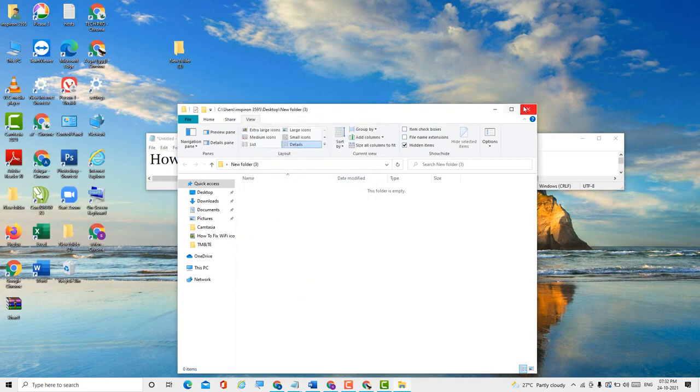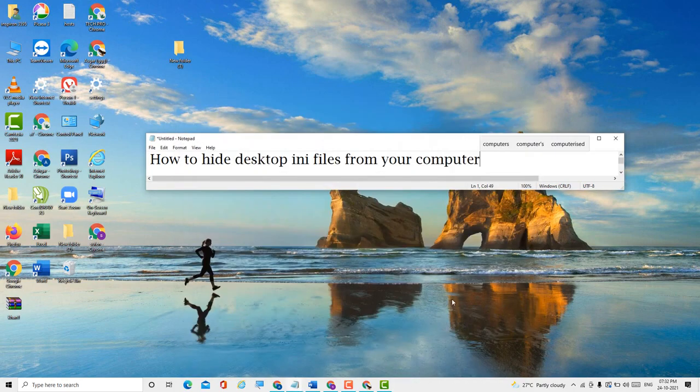That is it. So guys, this is a very simple, easy and quick method if you want to hide desktop and